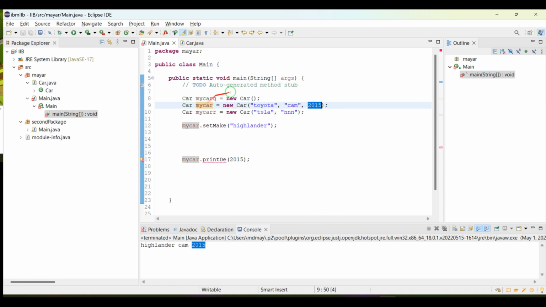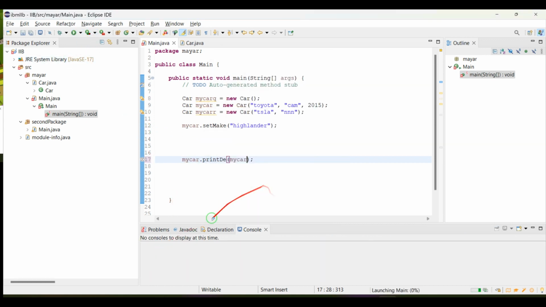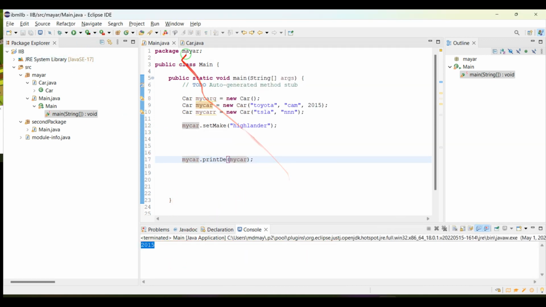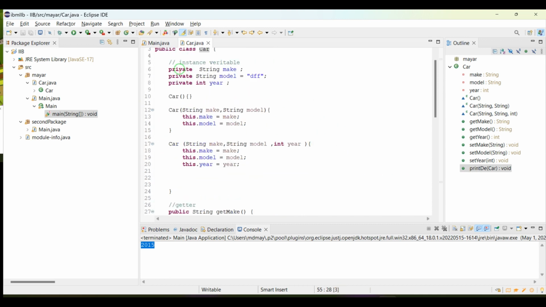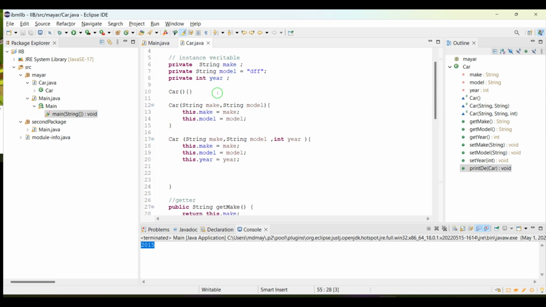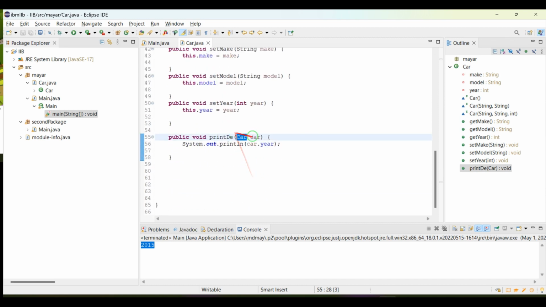So we reference my car dot year, then that would be 2015. When you pass that one, it's fine. Now when you print it, you only print 2015. So we just pass the class we created as an argument to our